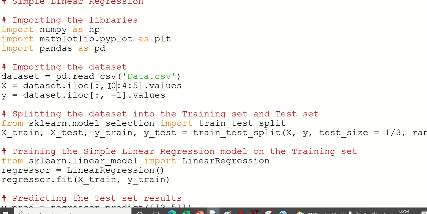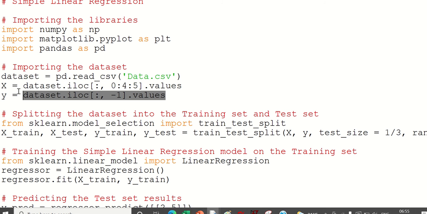Okay, so this will tell I want column 0 till column 4, but in steps of 5. So it will only take the 0th column. Step of 5 means there is nothing like that, because there are only 4. 0 plus 5 is 5, so it will not go to 4 also. So only the 0th column will get.